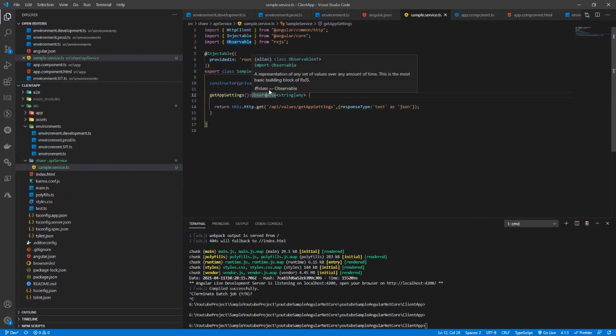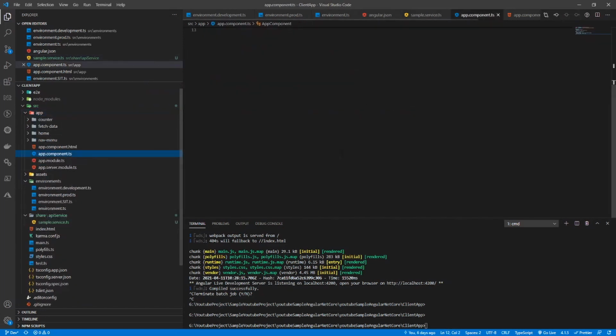So if someone has worked on Angular, they know how the observable works. I have created the service. Now I will try to consume it in my TS file. I have injected it in the root level, and I will go to my app.component.ts file. If you can see,